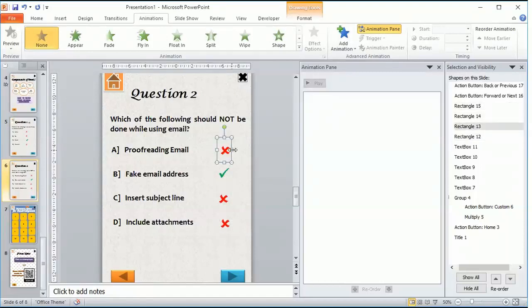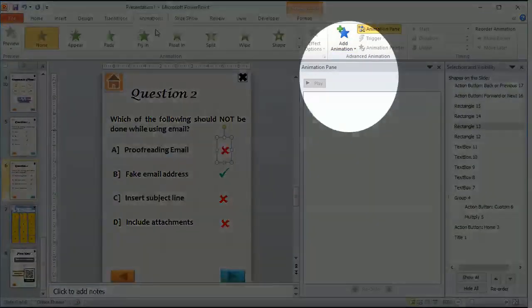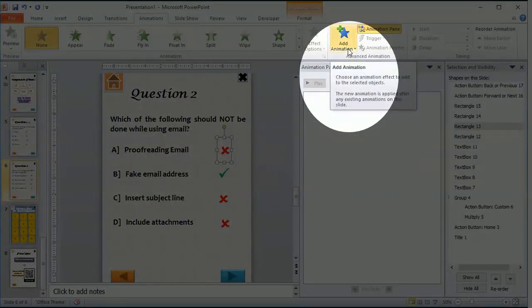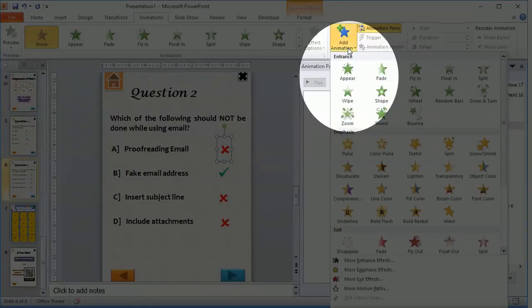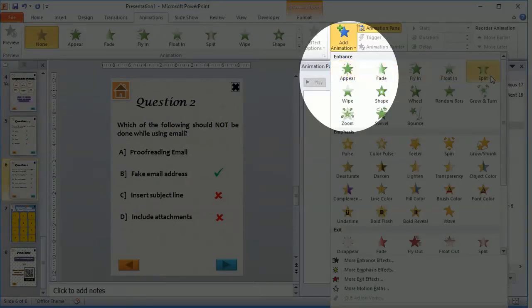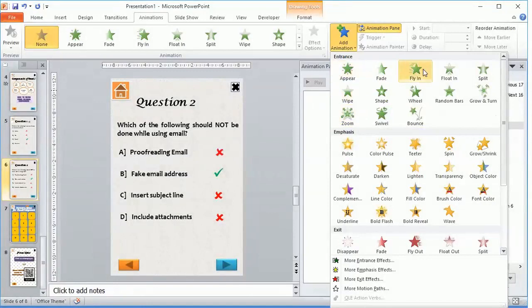Now select the first cross or the first wrong symbol. After selecting, click on Add Animation. If you observe, we are in the same Animations menu, where we have Add Animation. Click Add Animation. Then in the first section of entrance animations, select an animation.